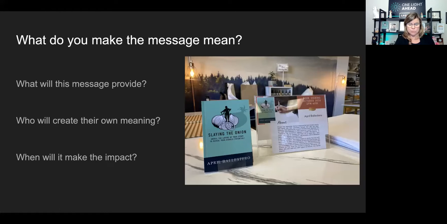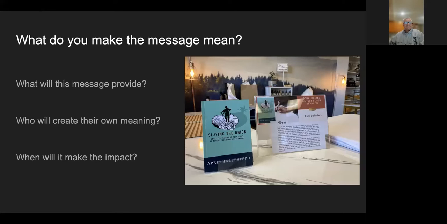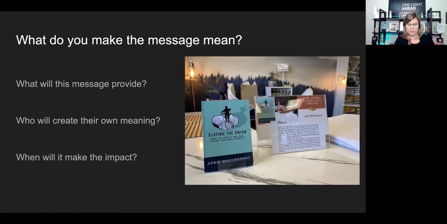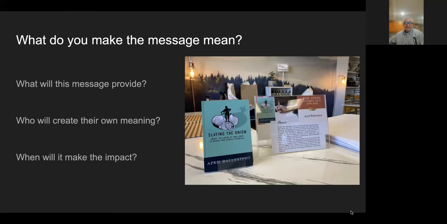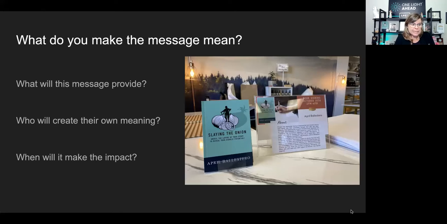Is it possible, even after we're done editing and all our beta readers read, that somebody's going to come back and find something we missed again? Mm-hmm. Absolutely possible. Is it ever going to be perfect? Is it going to fulfill the purpose? It'll be perfect for somebody. Exactly. And it already is creating results. We've created an amazing tool that is already creating results, that is already impacting lives. We've heard it over and over again. So we get to decide, what does the message mean?